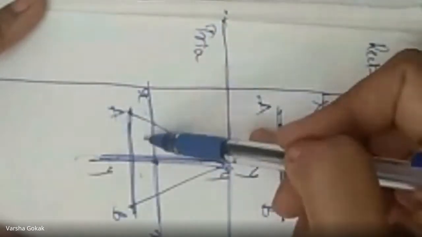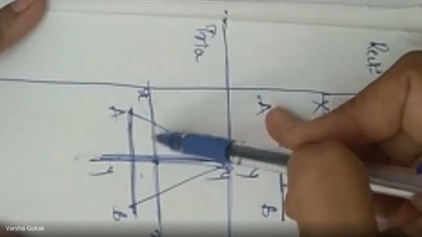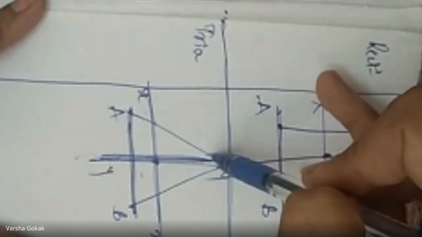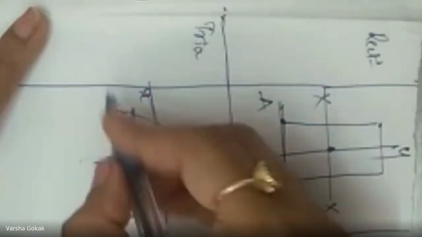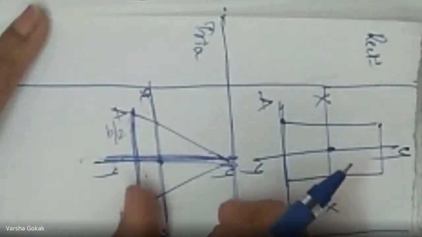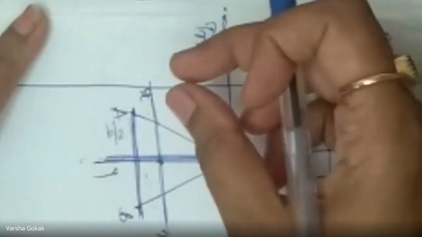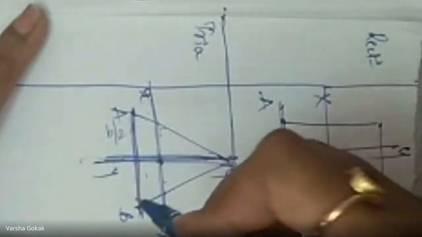Now look, along this axis there are two triangles about the base. It looks like there are two triangles which are about the base. So this triangle's base is this, and this triangle's base is also this. So what I can do is use the IAB equation, that is moment of inertia about the base, BH cubed by 12, two times, where your B becomes this distance, that is height, and H becomes this distance. H is what now? B by 2. So BH cubed by 12, two times, you will get the IYY.